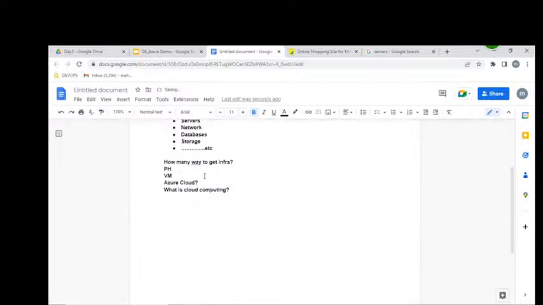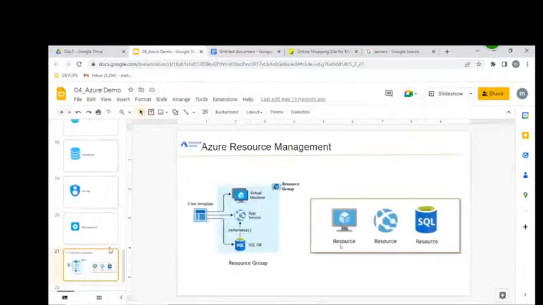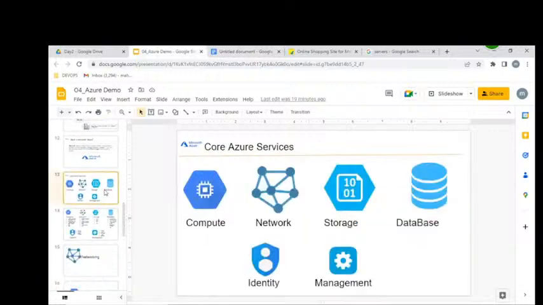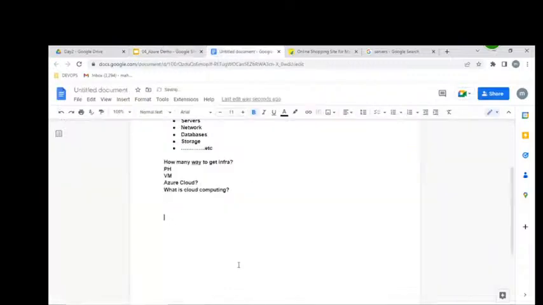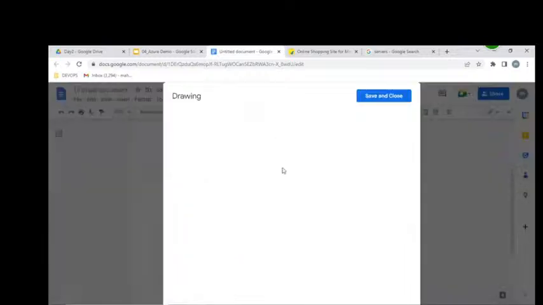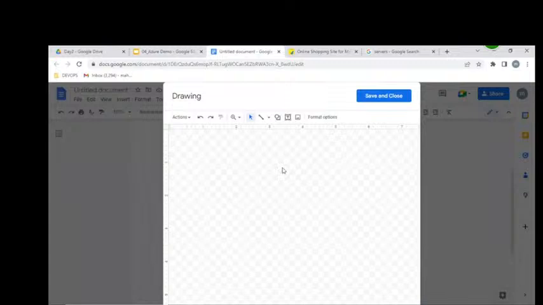To understand this, let us see diagrammatically what we can do by using computing power. For example, first by using cloud we are going to establish a network.